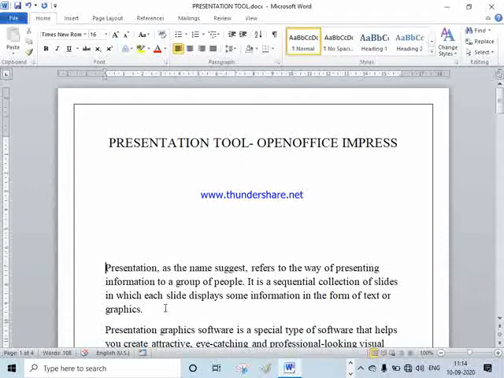Sometimes it's better to present your content in a graphic as well as in text manner. It's a very effective way to convey your message, to convey your topic, to convey your thoughts among the people, or say in front of people. So today's topic covers